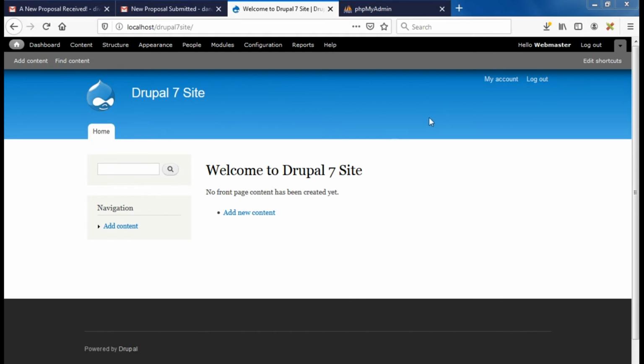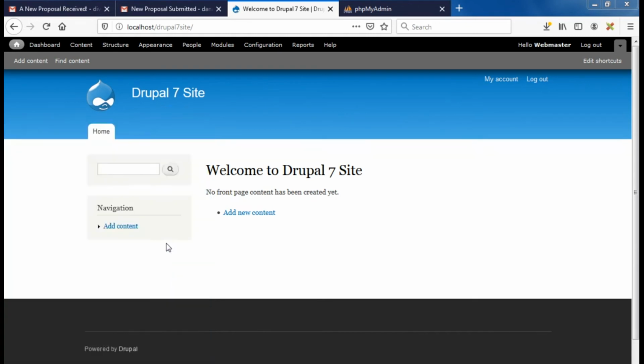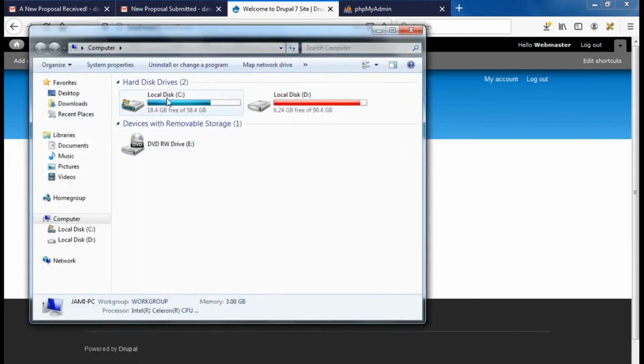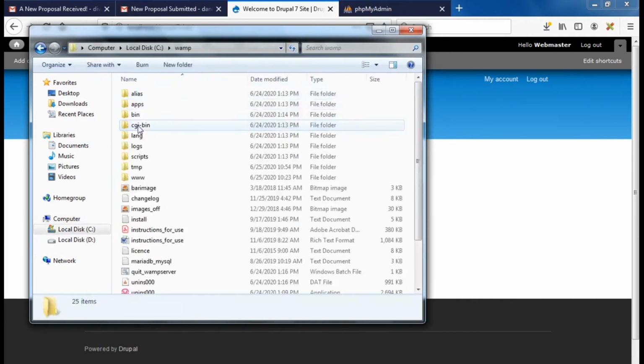I've already downloaded them, so all you need to do is locate your WampServer through the local computer or the local disk of your computer. So I'll go to computer, open local disk, go to WampServer, open www,